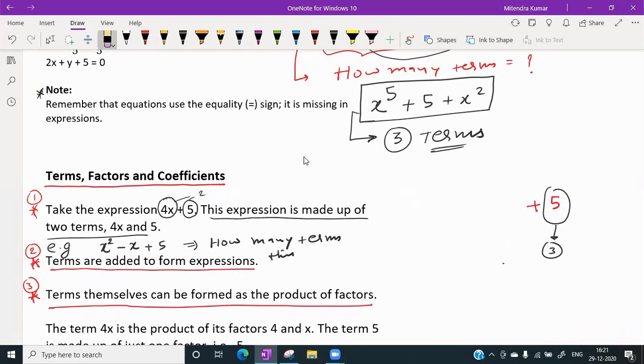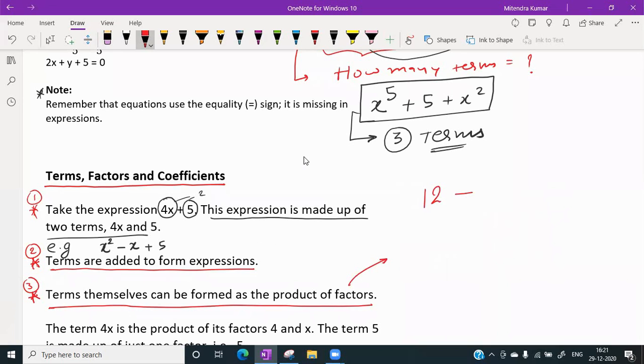So again, expression is addition of terms, right? Or maybe combination of terms. Okay. So terms themselves can be formed as the product of factors, है ना? Factors सबको पता है factors. If I write 12, if I ask you what are the factors, or maybe write the factors of 12, factors,